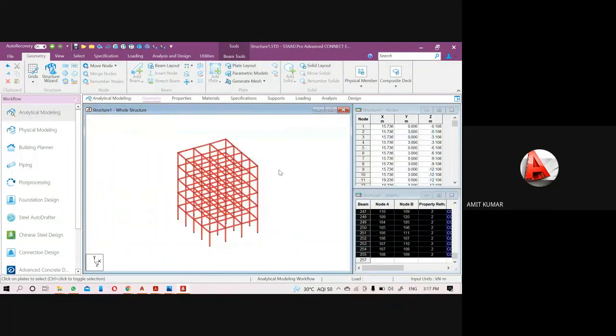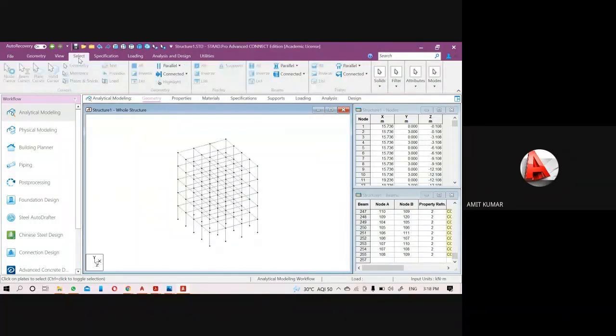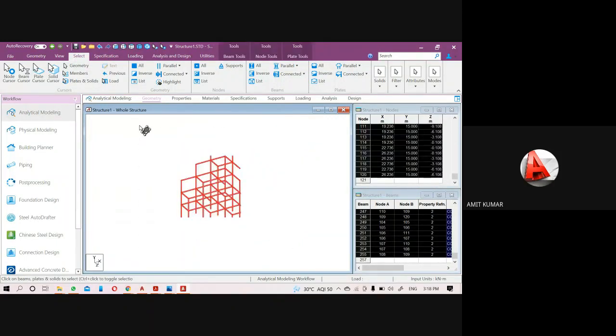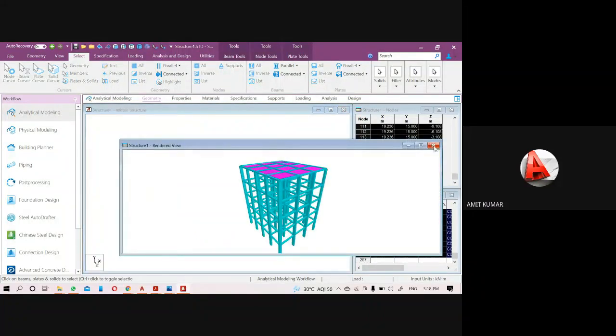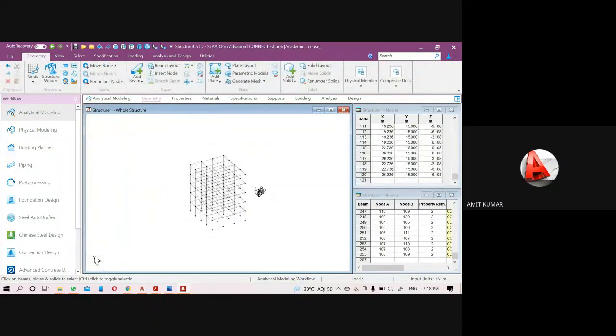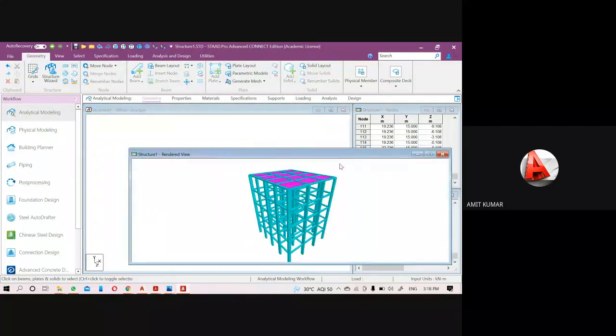To select the complete structure, we have one more cursor, the geometry cursor. So go to the select menu and select the geometry cursor. Okay, so here it is, your geometry cursor. Through the geometry cursor, we can select all beams, columns and slabs at a time. Now you can see the render view. It's better to not select anything and see the render view directly. Okay, this will be the best thing.